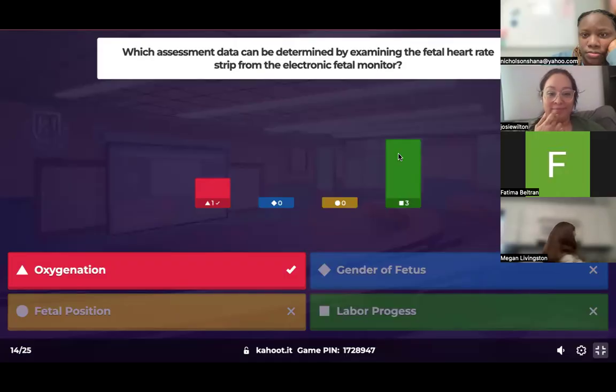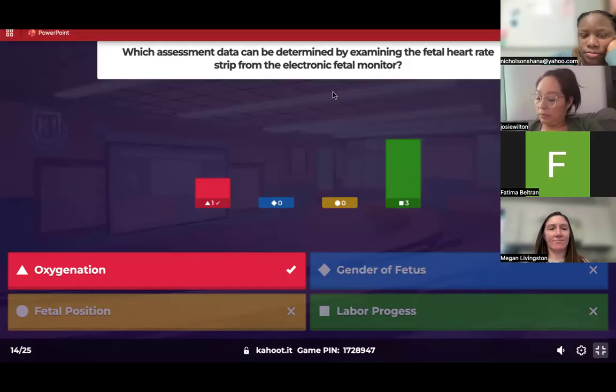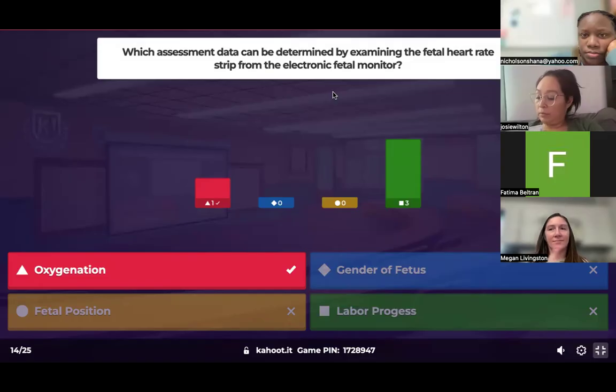Oxygenation. So, assessment data is determined by examining the fetal heart rate strip from the electronic monitor. Your fetal heart rate on the monitor is going to tell you directly the oxygenation status of your baby. Okay? Because we know that if we're having decelerations, it's usually because of a limited supply of oxygen to the fetus. Labor progress, so that is kind of more advanced, because I can look at a strip